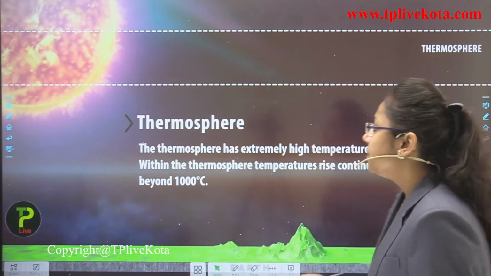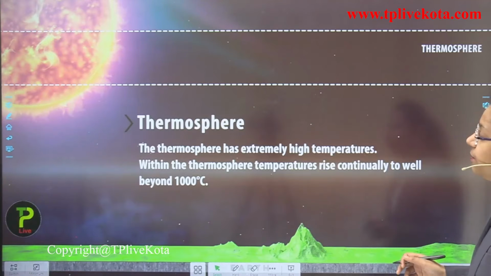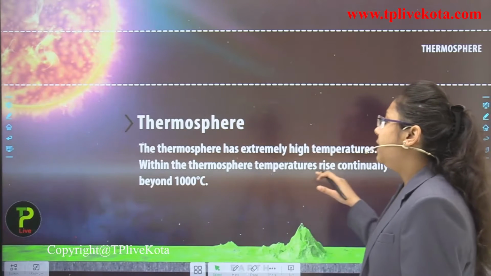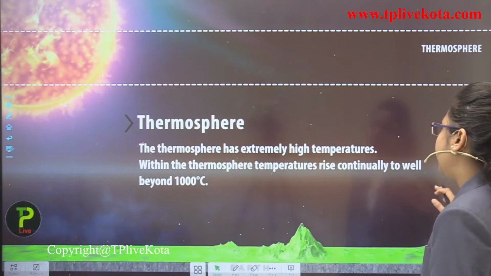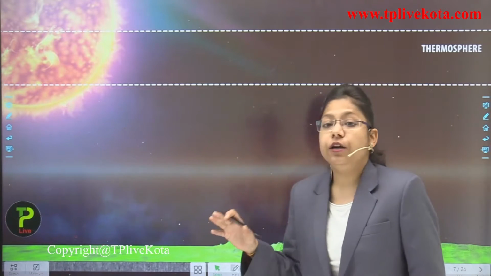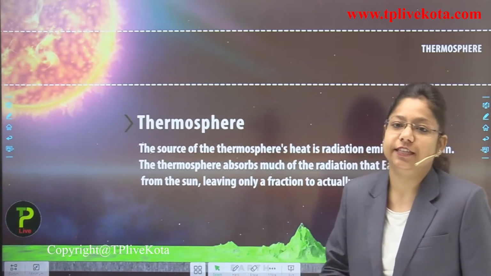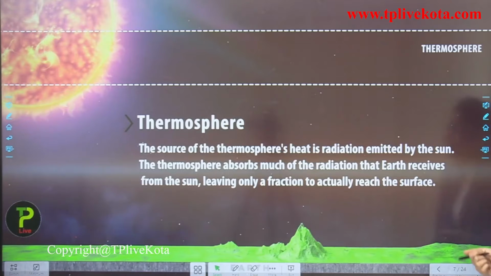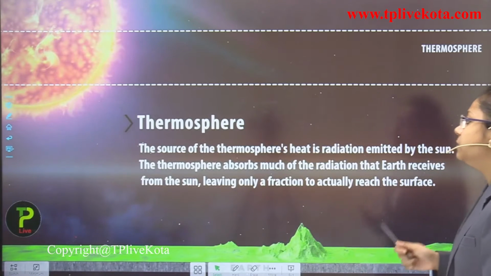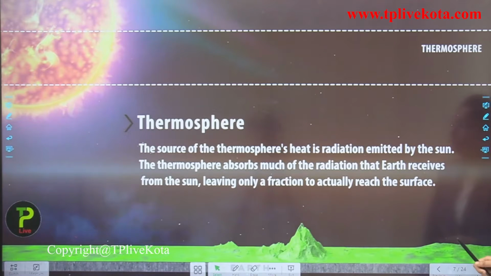Okay students, now we are going to learn about the fourth layer of the atmosphere very briefly. The thermosphere has extremely high temperatures. Within the thermosphere, temperatures rise continually to well beyond 1000 degrees Celsius. So you can imagine how much heat is there in the thermosphere. The source of the thermosphere's heat is radiation emitted by the sun. The thermosphere absorbs much of the radiation that Earth receives from the sun, leaving only a fraction to actually reach